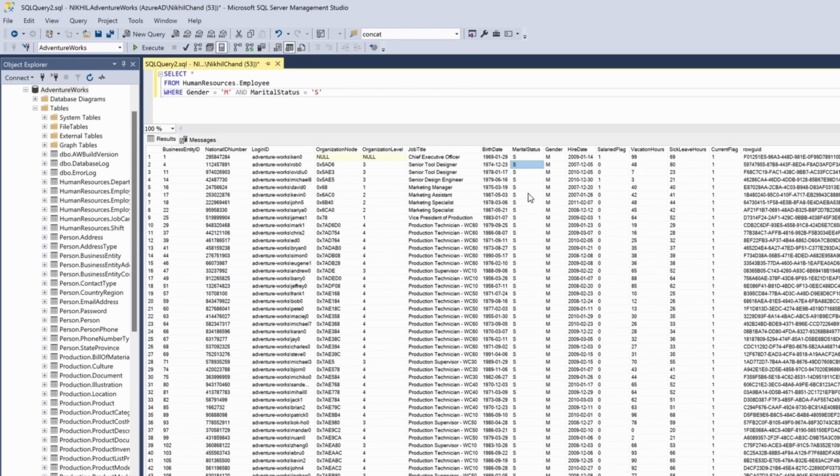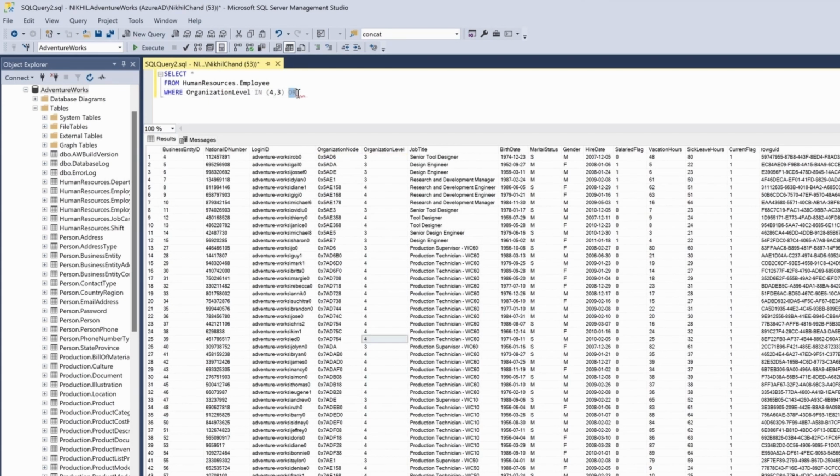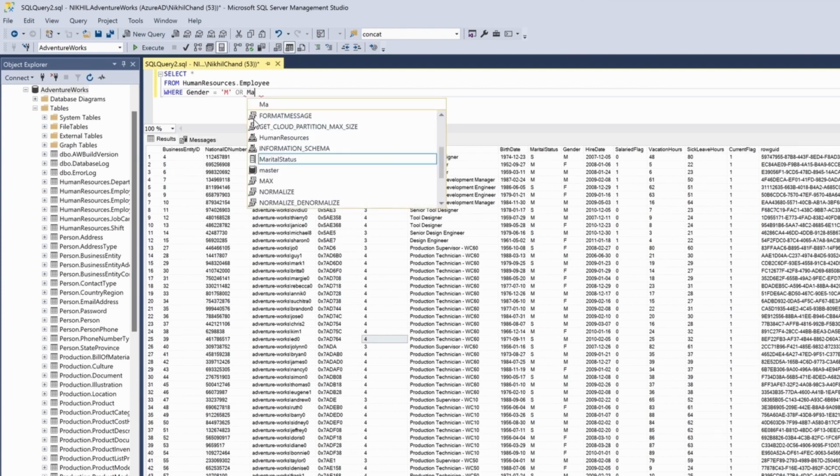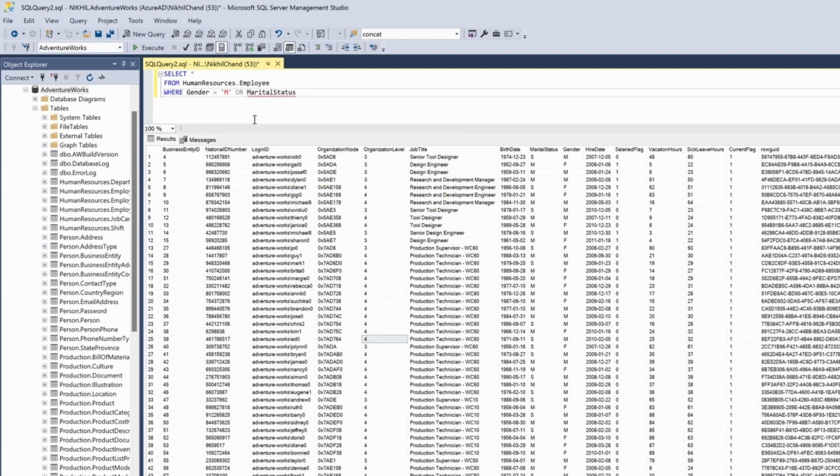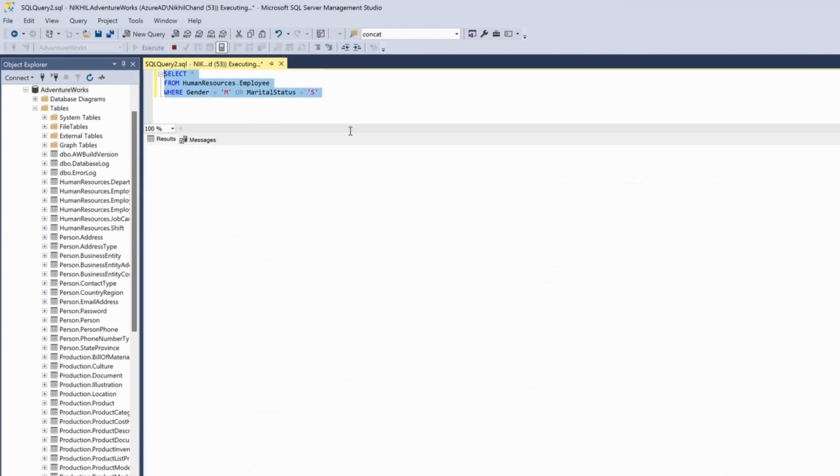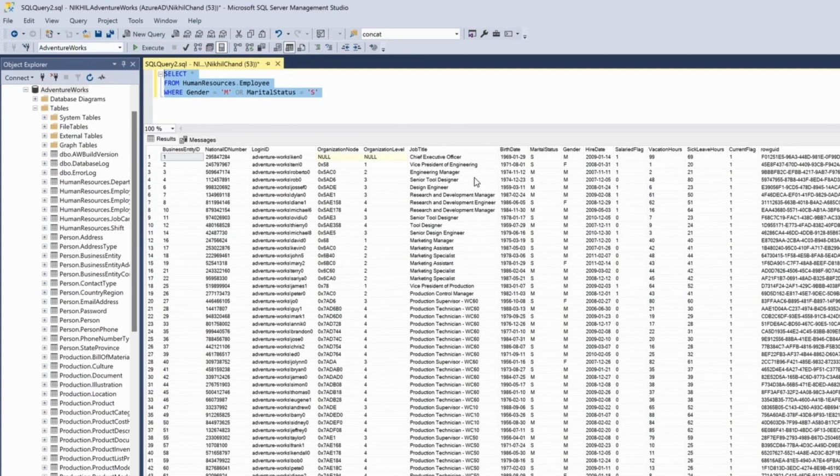Basically what AND would mean is both conditions need to be true in order to execute. The OR operator means that either one of the conditions needs to be true in order to be executed. So for example, if I remove this and put gender is equal to male or marital status is equal to single, and if I run this query, you'll see that either one of them needs